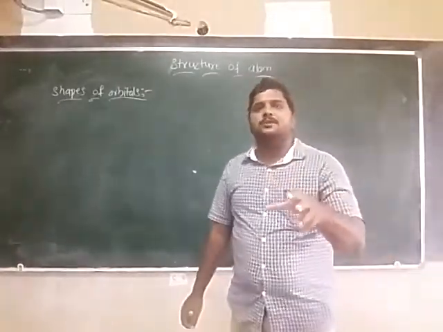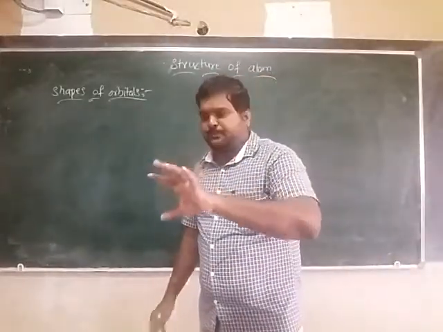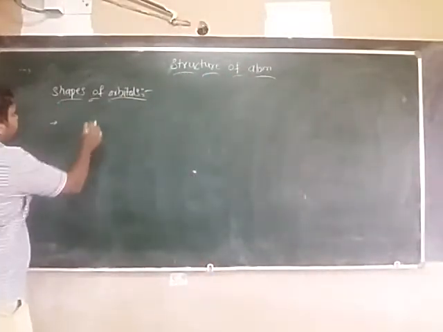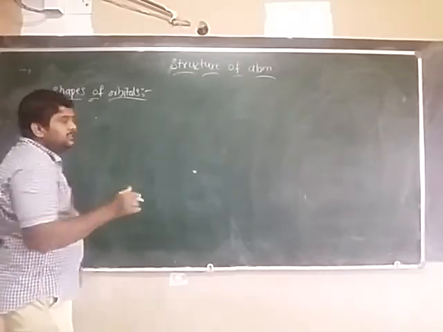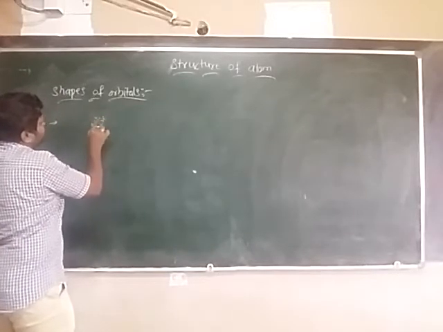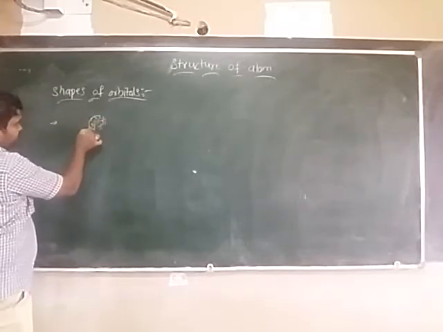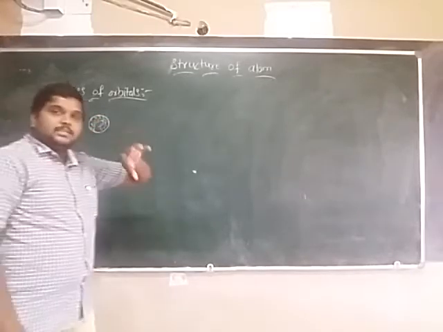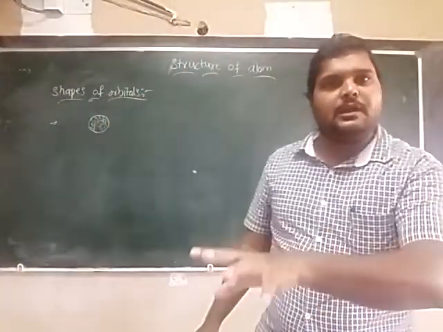So what is an orbital? Actually, it is the probability of finding an electron around the nucleus. That is actually the shape. How can we predict the shape? Suppose you observe one electron around the nucleus, sometimes it is here, sometimes one more here, so the electron is revolving like this around the nucleus. If you draw the boundary lines, the shape you get gives us the orbital shape.